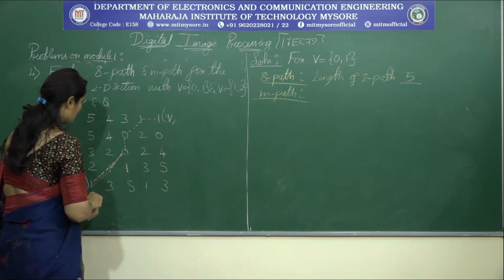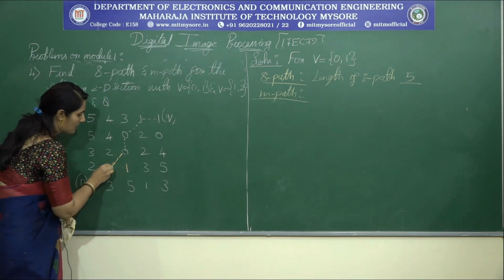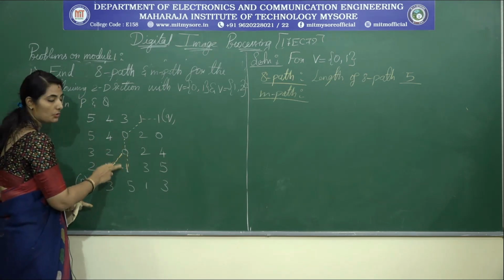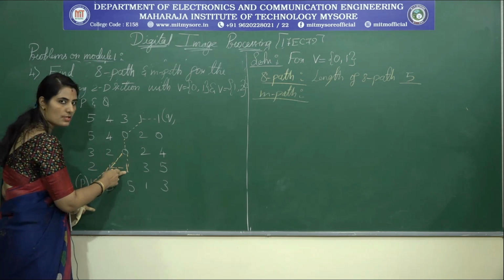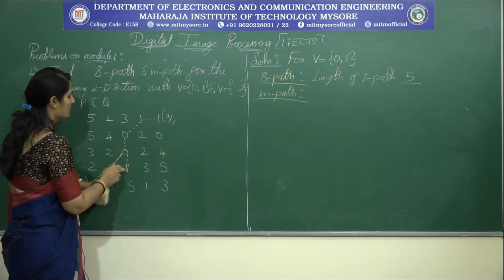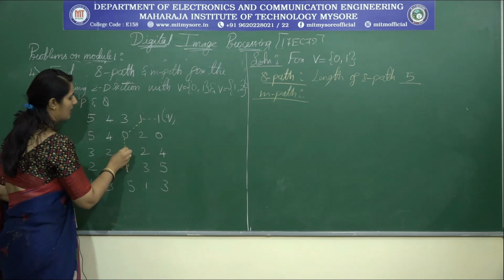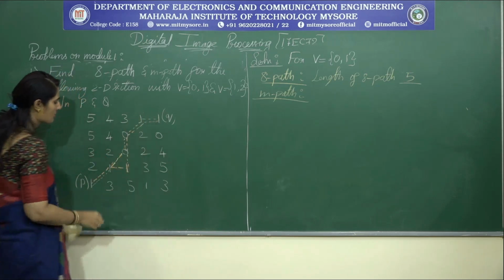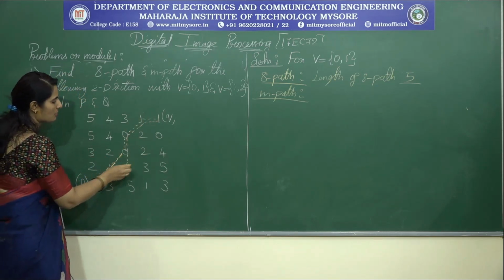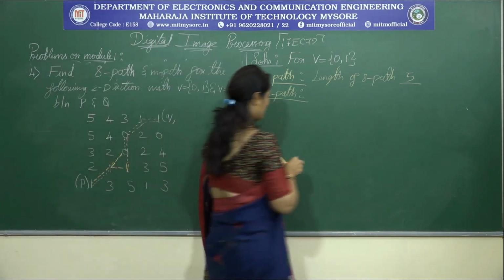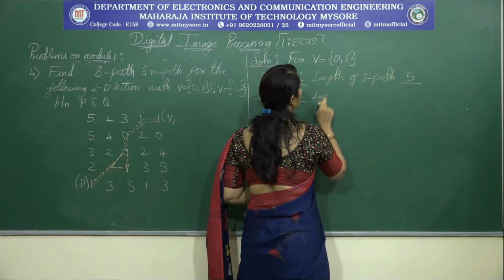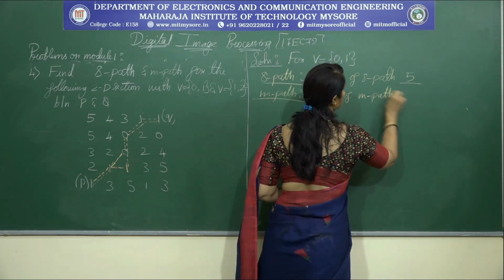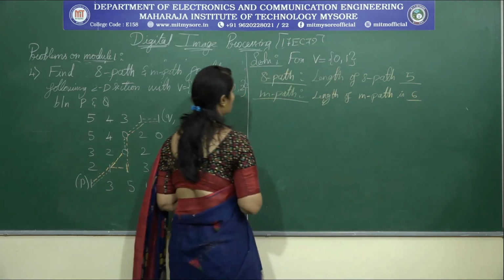Now similarly let me find out M path. Here from 1 to 1, I can have two paths between 1 and 0. Whenever you have ambiguities in M path, I should choose N4 path. Therefore the path for M is this one, and again for 0 I will choose this path, 0 to 1, this path, and 0 to 1. So now the path length is 1, 2, 3, 4, 5, 6. So here the length of M path is 6.